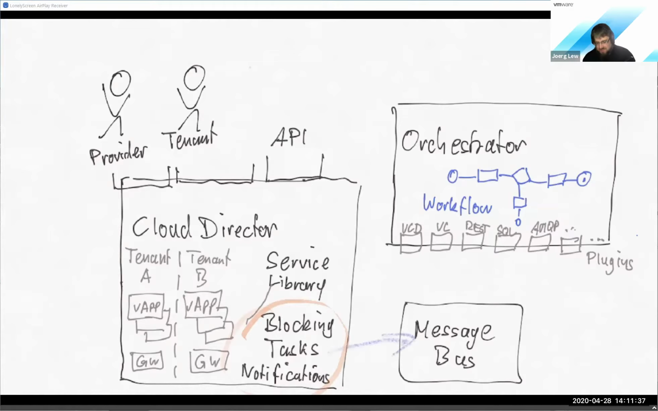Okay. Yeah, the other scenario how you would use Orchestrator in the context of VMware Cloud Director is the service library. That means you can, as a provider, create your workflows in vRO and have this workflow library connected to Cloud Director. And then in Cloud Director, you can select and publish the workflows into either the provider or the tenant UI in the tenant portal,